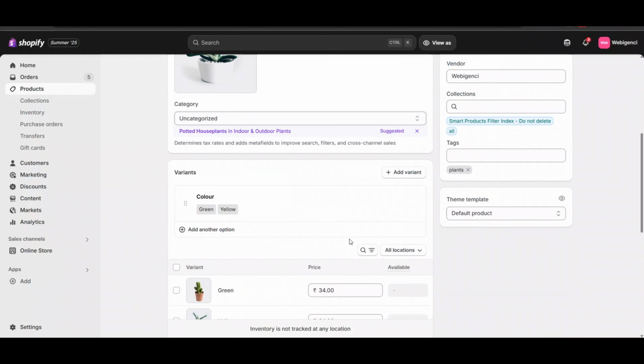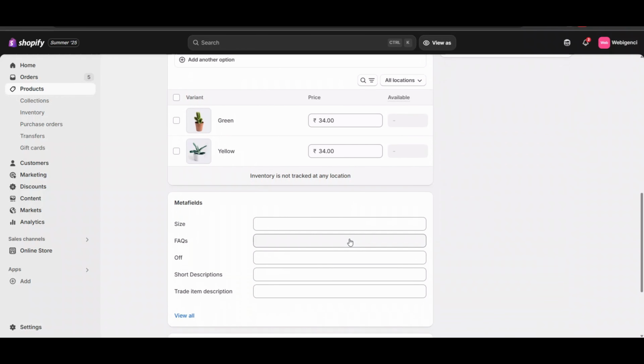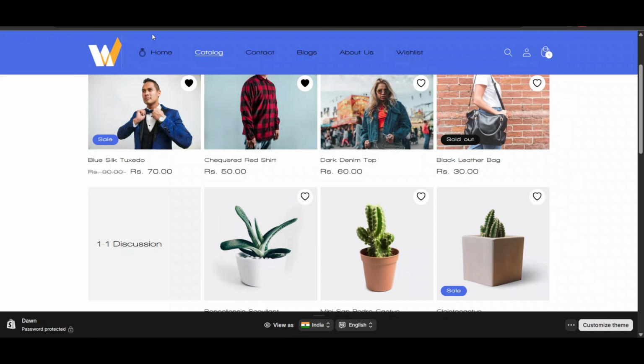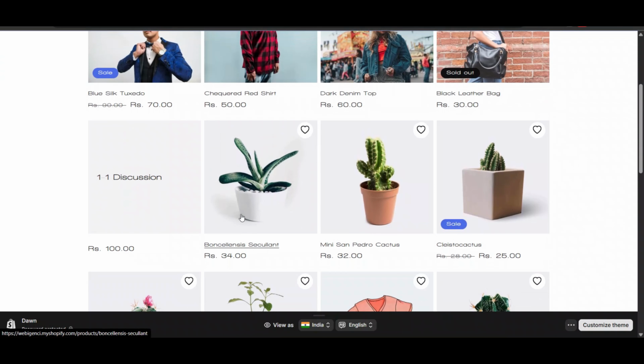Now after clicking on it, you don't need to change any detail, just leave it as it is. Click on Status and just select Draft. When you select the status Draft, it will not display on the front end. Here you can see this is my product name. As of now, it is showing here, but when I refresh it,